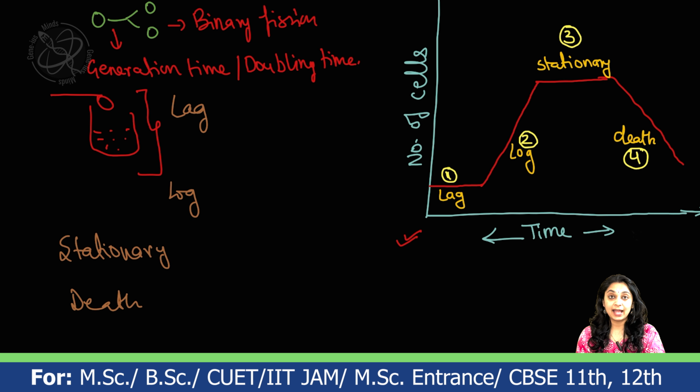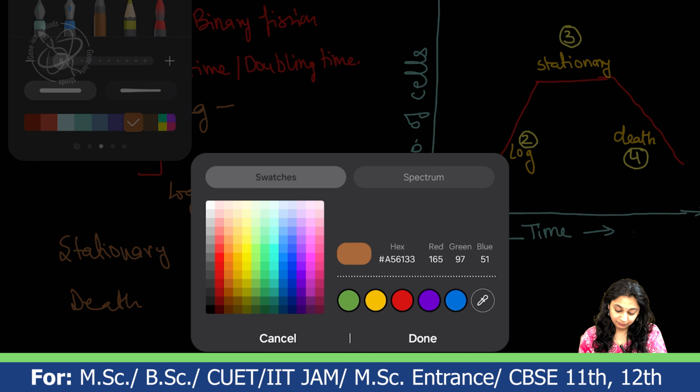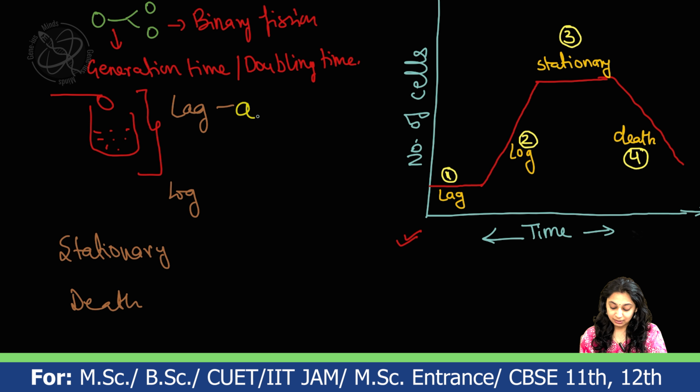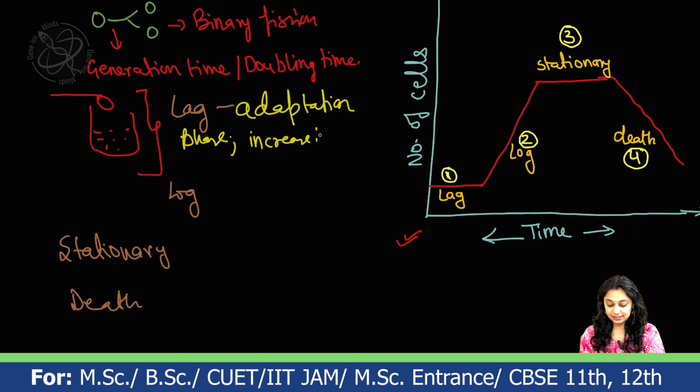Yes, so the lag phase. Lag phase is the starting phase of the bacteria where it doesn't divide but it adapts to the new environment. So it is the adaptation phase of the bacterial cell. It only increases in size. It assembles all the necessary enzymes and required things which will be helpful in the division process. So that's why you can see a clear straight line parallel to the time axis.